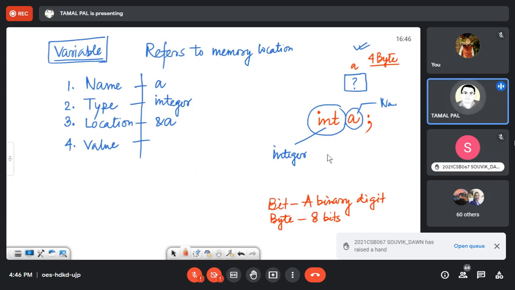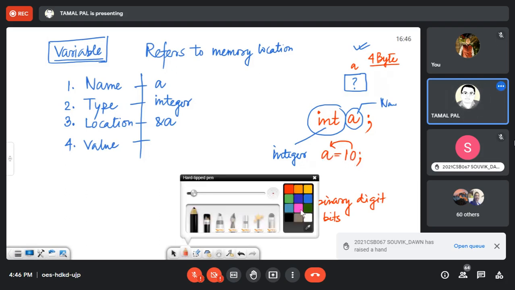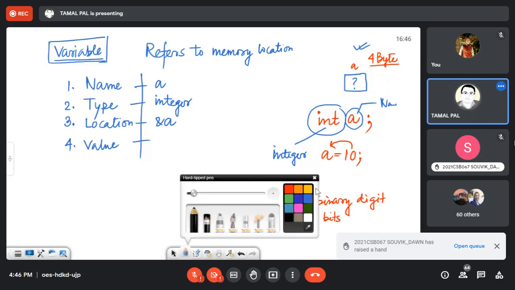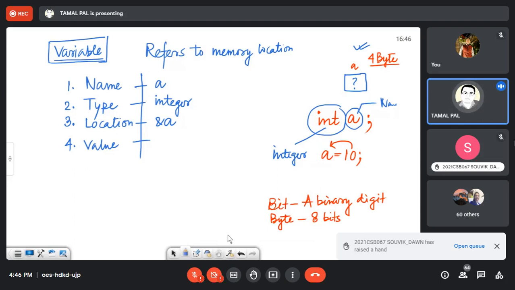But if I write a equal to, let's say 10, it means value 10 is sent into the location A. This is the assignment operator, not the mathematical equal to. So as a result, it becomes 10.